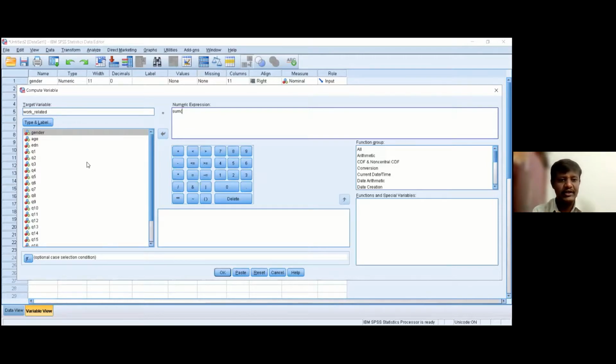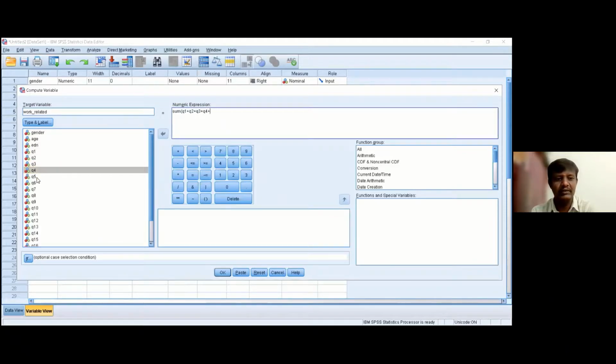We need to select one by one. Simply double click on the variable. Once you double click, you can see that variable getting added to the numeric expression area. After selecting the first question, we add a plus symbol. Then add the second question, again plus. Then the third question, plus.